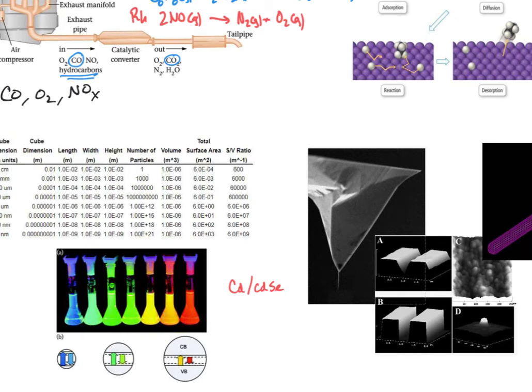And this is a quantum effect. It's called quantum confinement. Don't have time to get into that here, but the idea basically is when you have things at the nano scale, things start happening a little bit differently. So